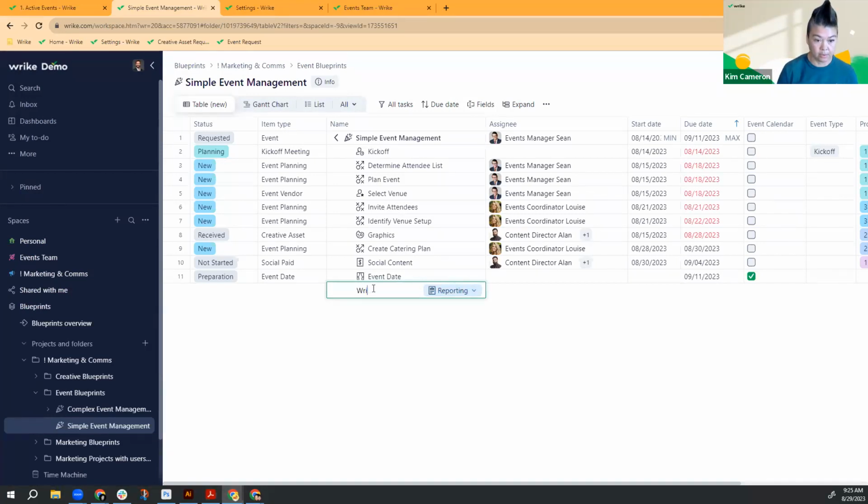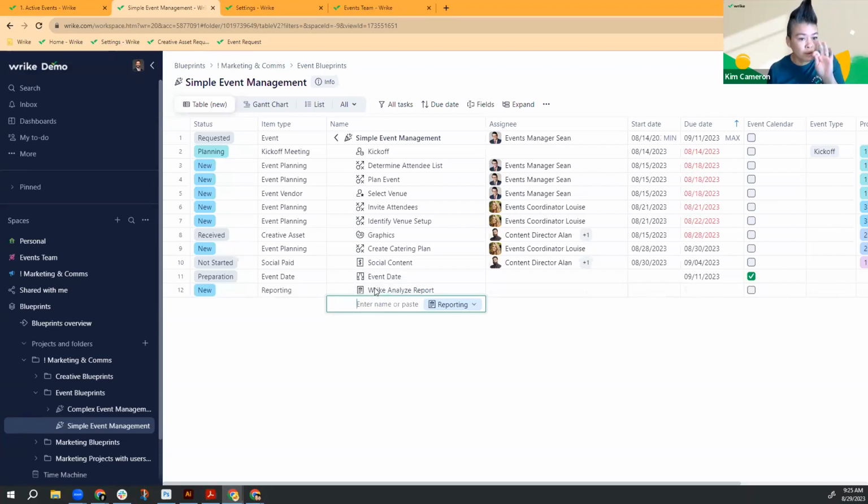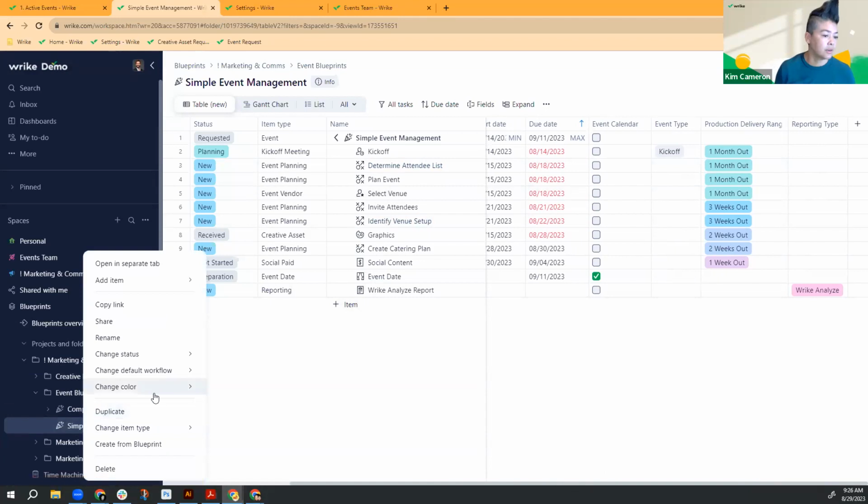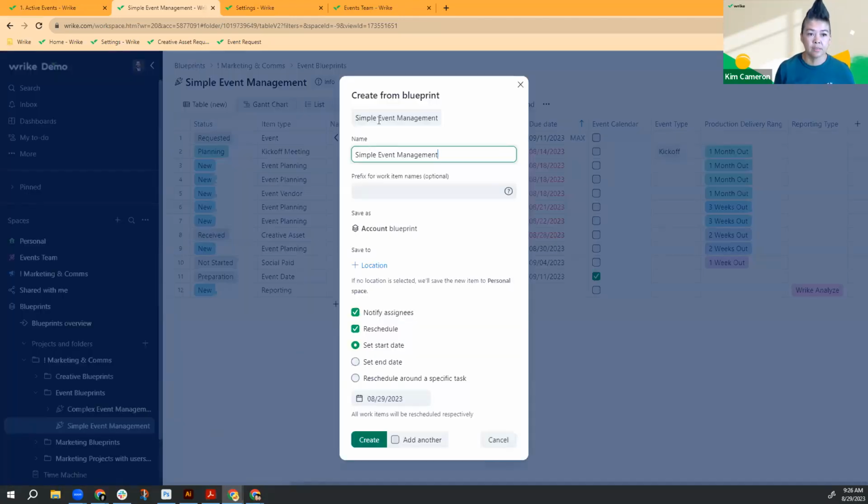So maybe here I want to do a Wrike analyze report as our postmortem follow up. And you'll see right away the event type is reporting. We can see that listed here. And now I can come into my custom fields and make sure that I've pre-baked this into the template. That way my reporting is clean and robust. And anytime somebody comes in here and creates one of these events,